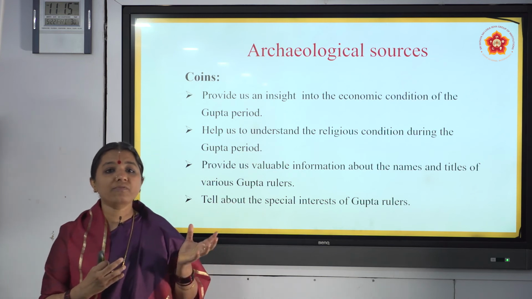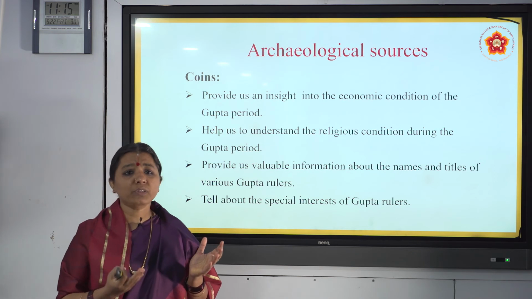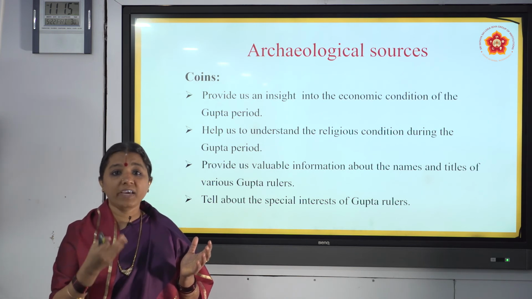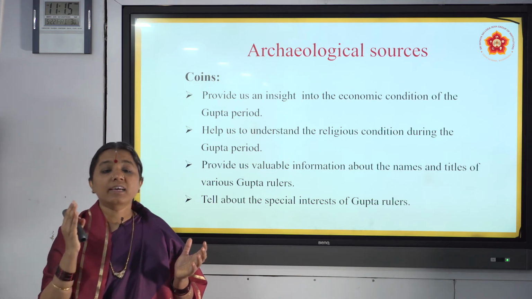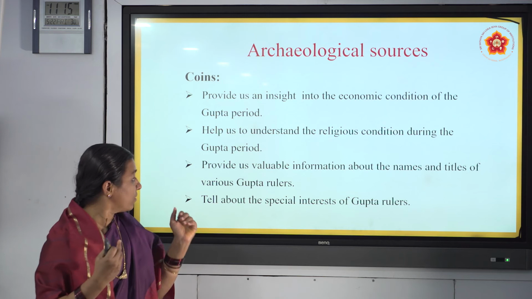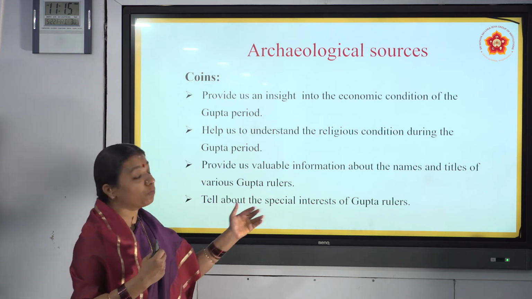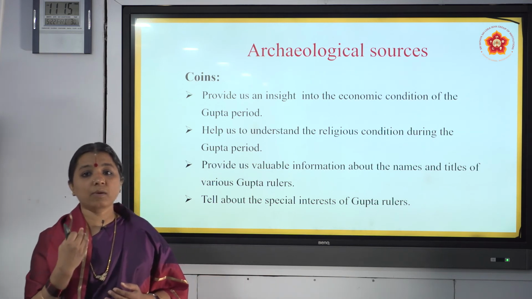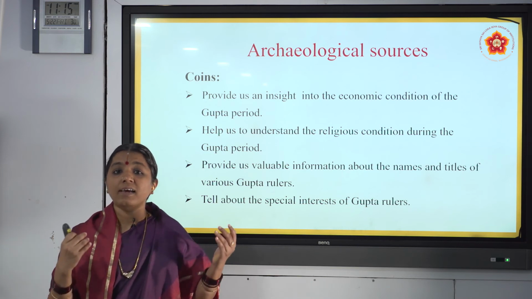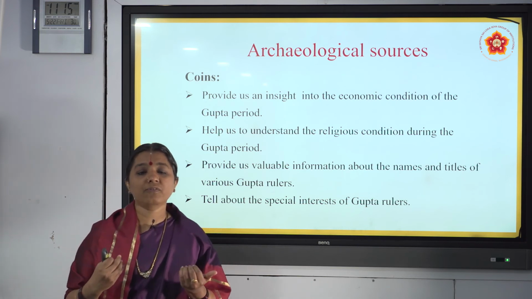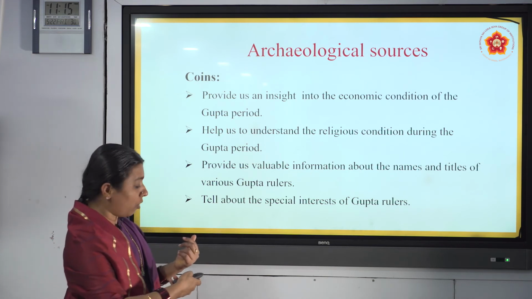In Samudragupta's coin, we will find a title called what? Ashwamedha Rajan. It proved that he had great love and faith in the Vedic religion, and also he performed all the yajnas, especially the Ashwamedha Yajna, and he had a special interest in it. It also tells about the special interest of the Gupta rulers. We talked about one of Samudragupta's coins in which he has been shown playing a lyre, a veena kind of instrument. It testifies to his love for music, and also